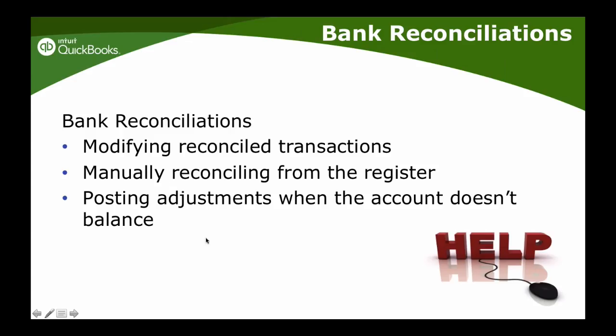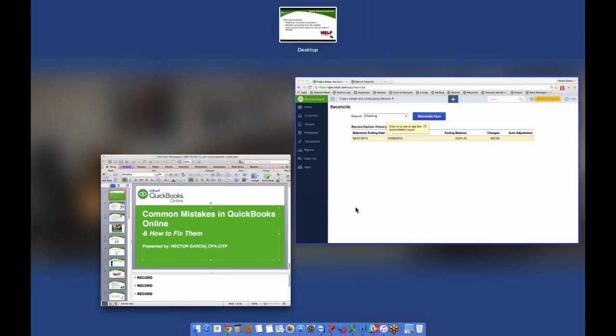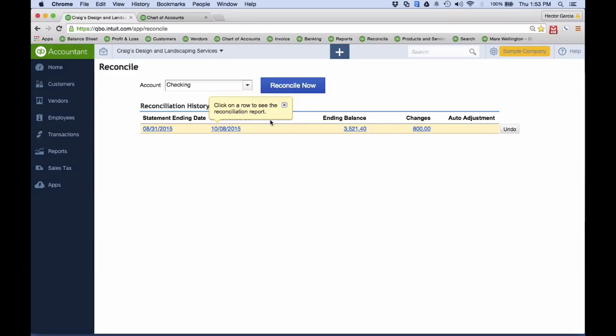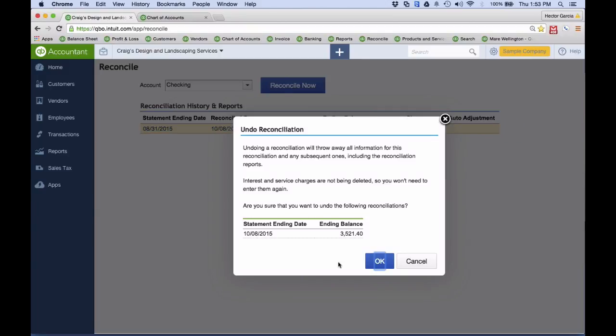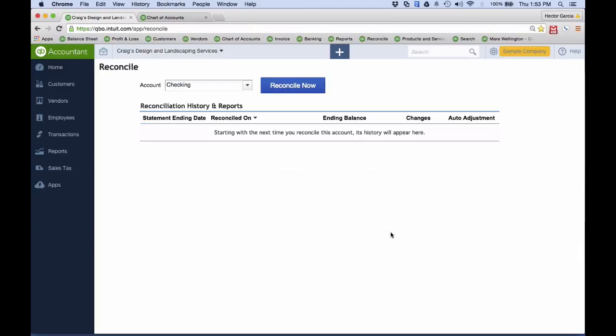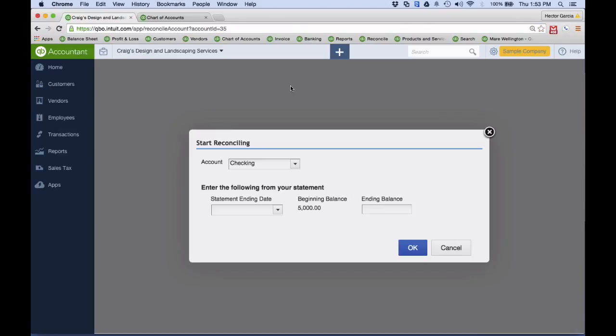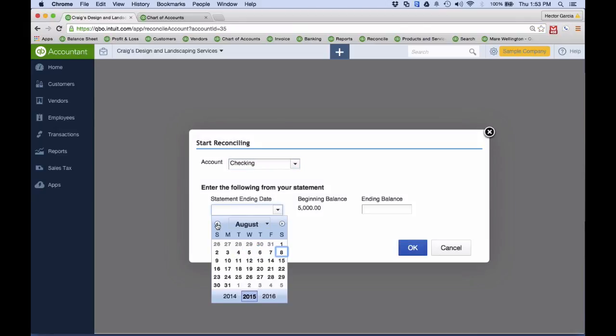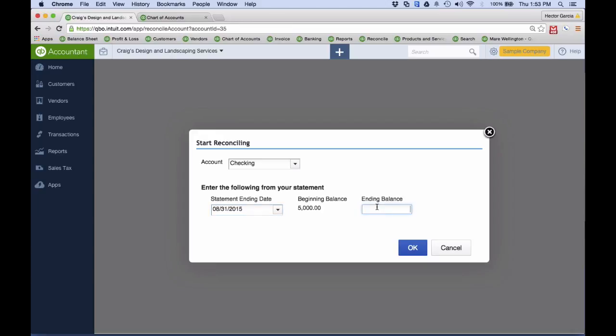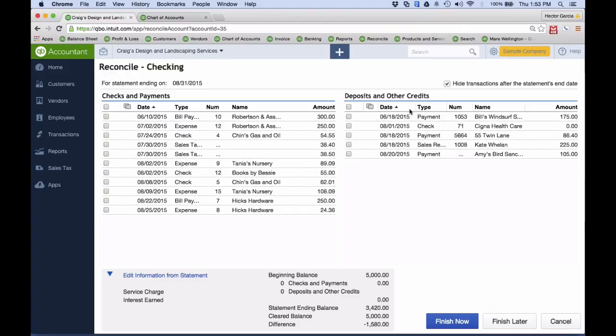Let's see what else we have here. So we've got manually reconciling, modifying a reconciled transaction, and posting adjustments. This happens too. Let me undo the reconciliation and then redo it. I'm going to click on reconcile, and select the period again, which I think was August 31st, and this was, let's say, 34/20. Okay, I'm going to click OK, and let's say I go through the whole process and select every transaction,